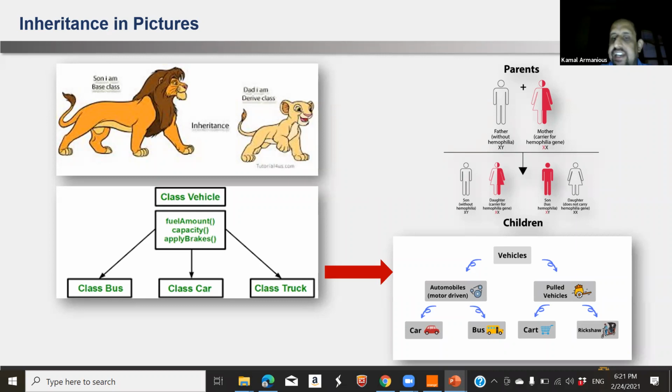Inheritance. As the name implies, what does it mean? It means I have a father, and this father is a base class. And then I have one child or more than one child who are children of that class. So what does it mean a base class, and what does it mean a child class?